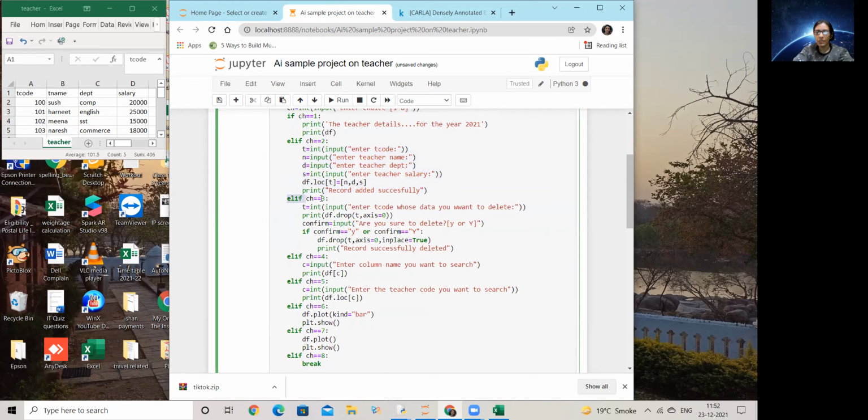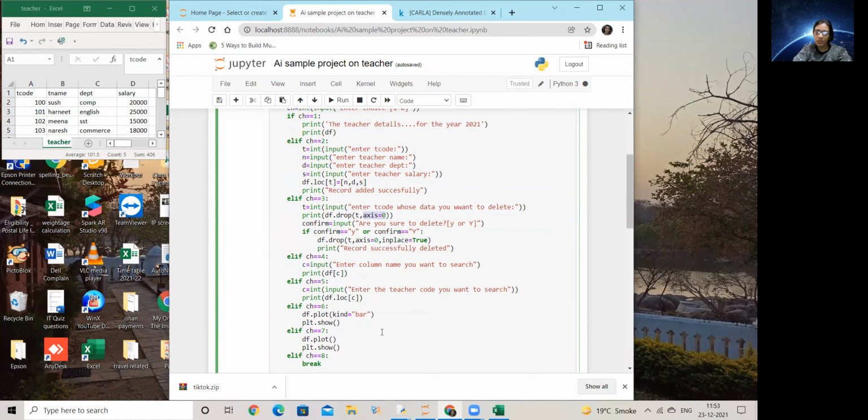So here I have choice 3. Now, the way I used to delete my row or column in data frame, if anybody remembers, used to be the drop function. Okay? And the drop has to be given basic two values. Number 1, which is very important, that is the axis.